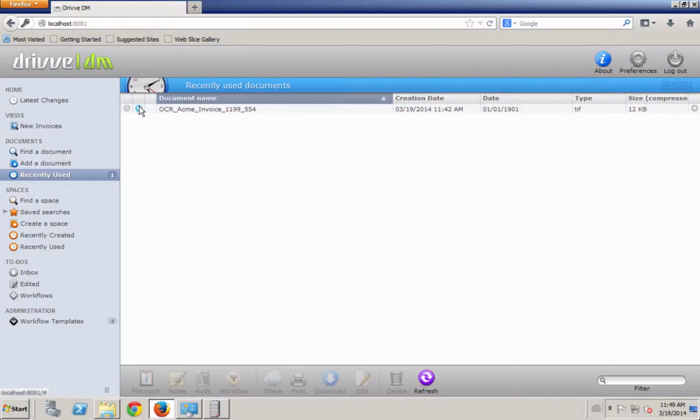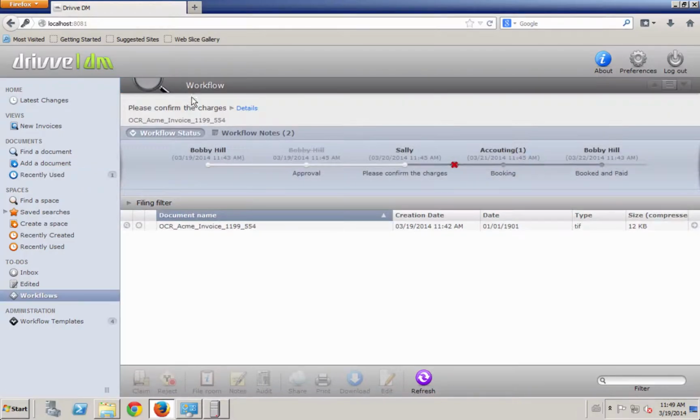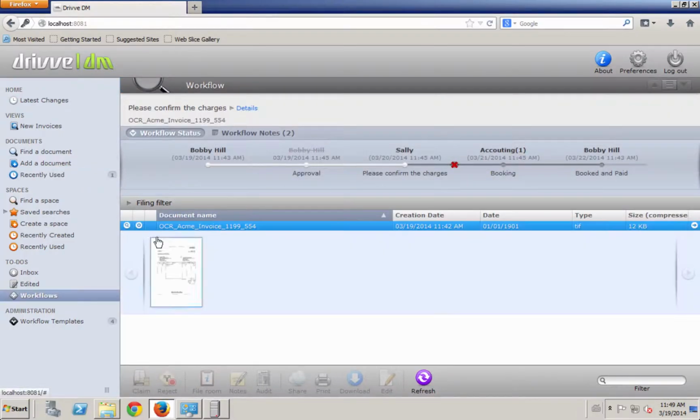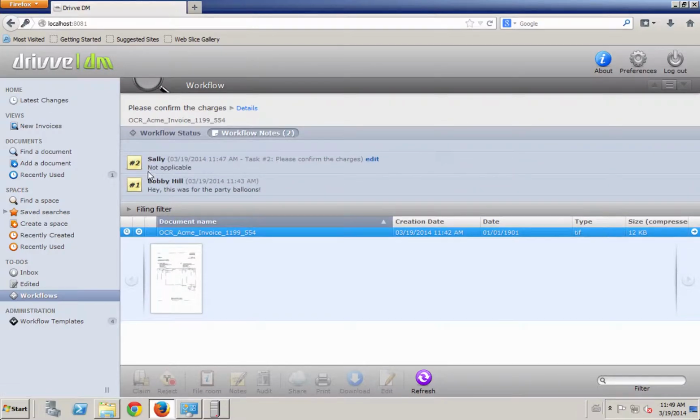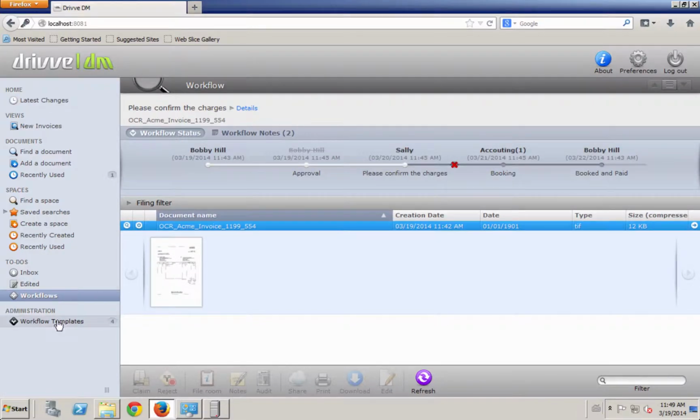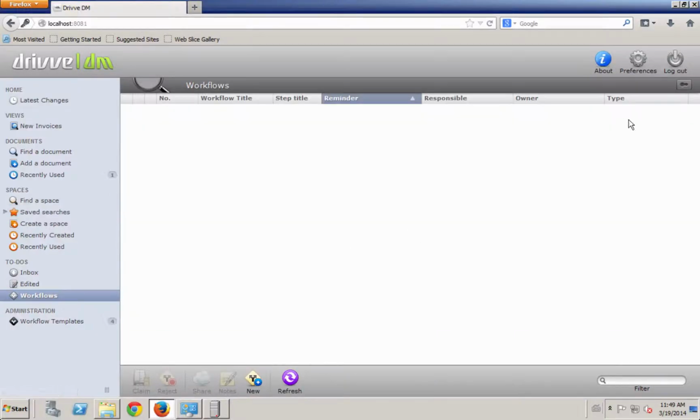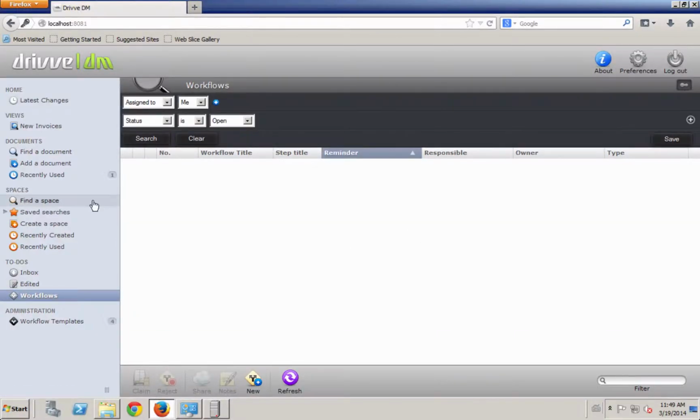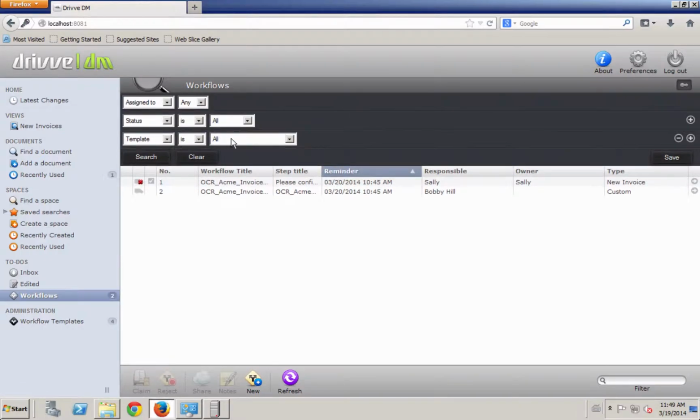and I find that document, then I should be able to go into the workflow and see its history. And you see there that that's where it was canceled, and there's a note for why it was canceled. If I have that permission, I'll always also be able to open up the workflow section filters here and look for workflows that are assigned to anybody, or I can look by the template or the date or anything like